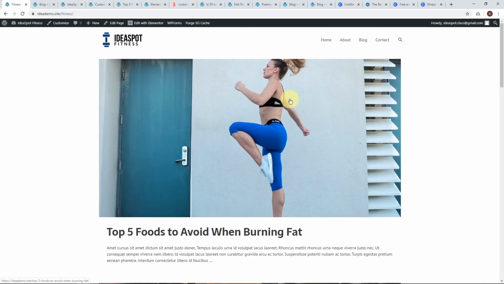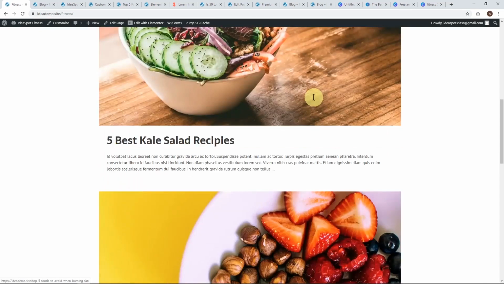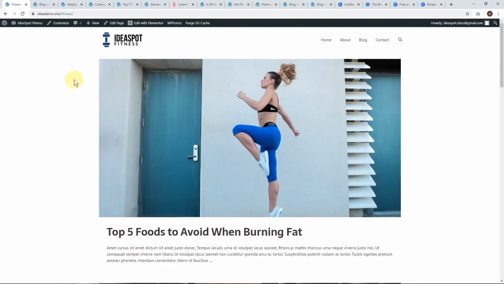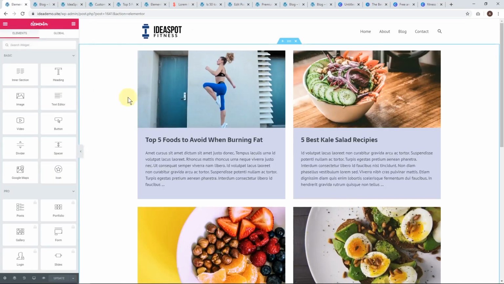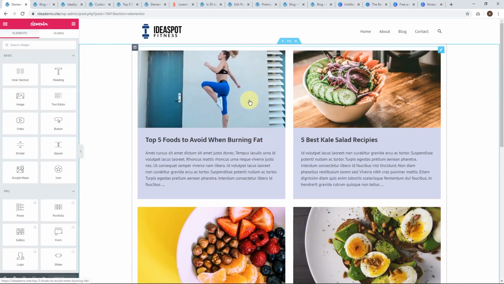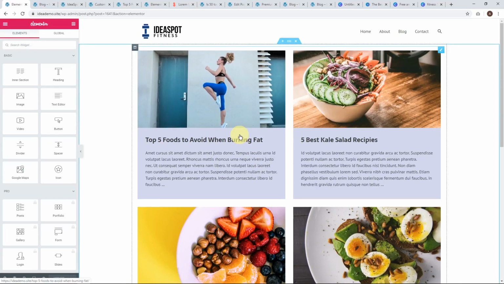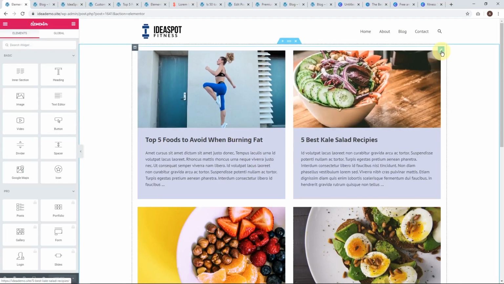See, now we basically have a copy. Let's reload that. Doesn't look like it loaded properly. Of our blog page. I think we do need to load that in Elementor before the formatting will actually load up properly. There we go. So now we're in Elementor. Now this is just a copy of our blog page, but what we want this to be is a fitness page. So all we do is go to our blog grid,